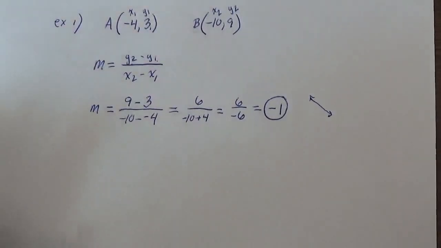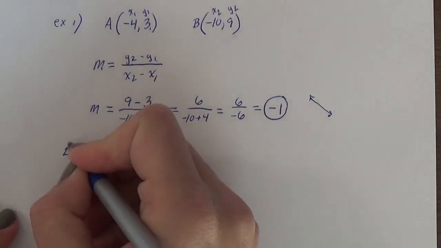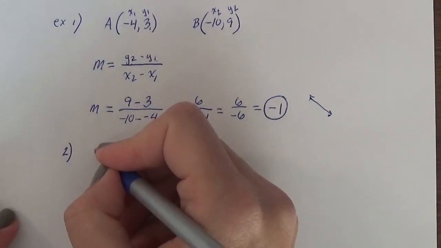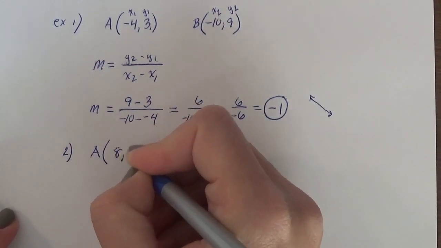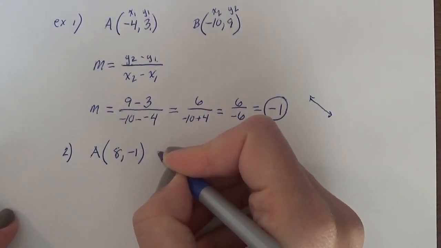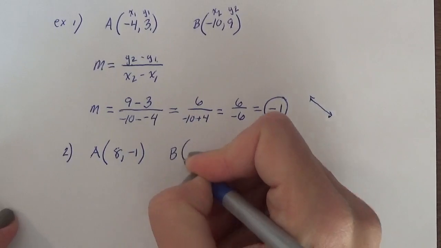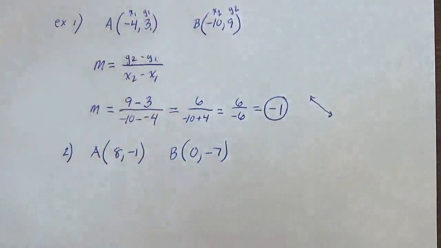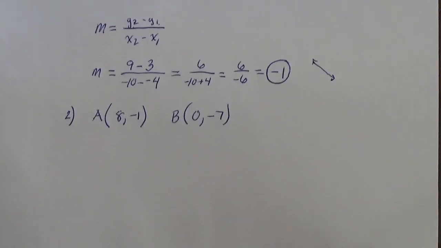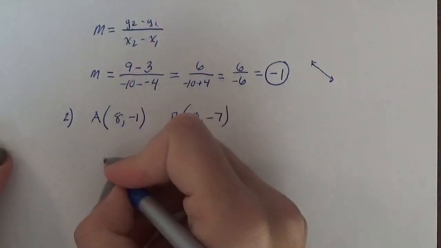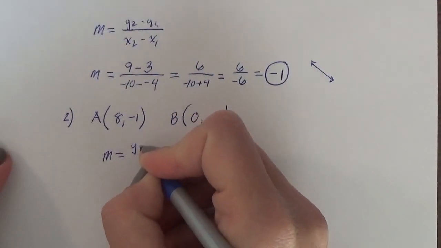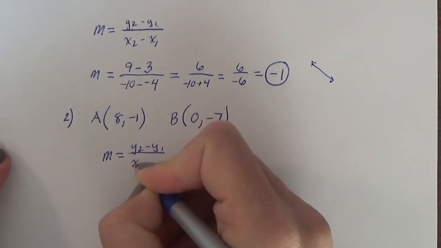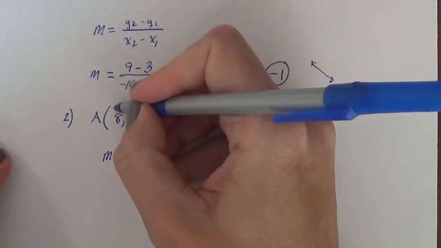Let's just try one more like that, and then I want to show you how to do it. Let's call this A again: 8 comma negative 1. And B will be 0, negative 7. So if I asked you to find the slope between those 2 points, we would start exactly the same way. I'm going to label again,